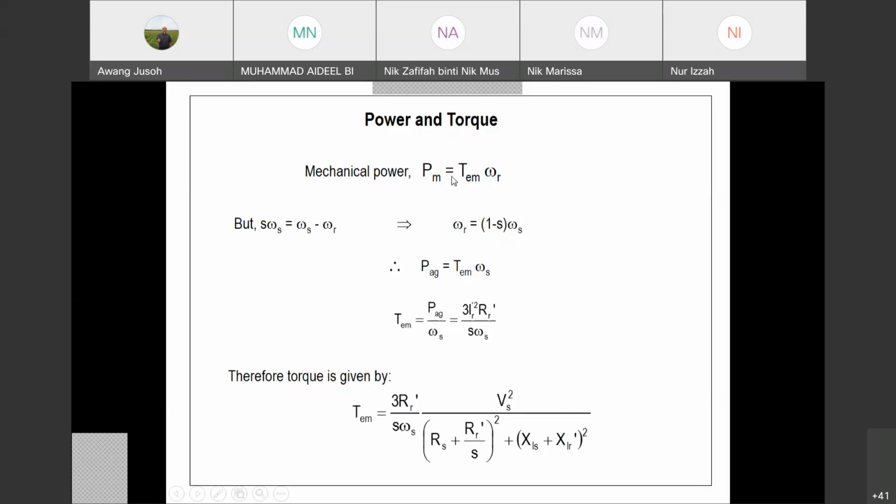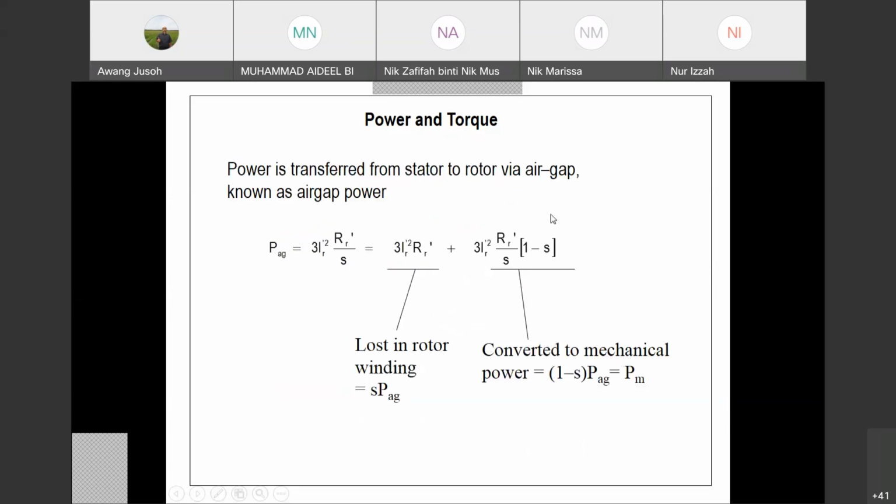But make sure the units are used properly. The power must be in watts, the torque in Newton meter, and the speed in radian per second. It is compulsory that you change all the units to the standard units before you use this equation. Okay, so if you use PM, the gross mechanical power just now, then the torque must